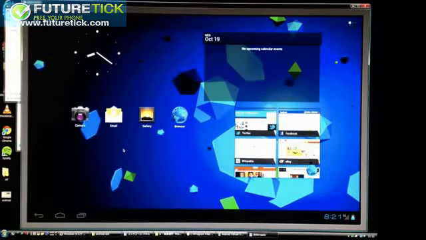Today we're taking another look at Android 4.0 Ice Cream Sandwich, this time in its tablet form. We're using the Android emulator that comes with the SDK. And yes, as you can see, it's a bit bigger. We've actually used the same proportions and resolution as Samsung's Galaxy Tab 10.1. So hopefully this will be very similar to what we get in any final Ice Cream Sandwich tablets in the